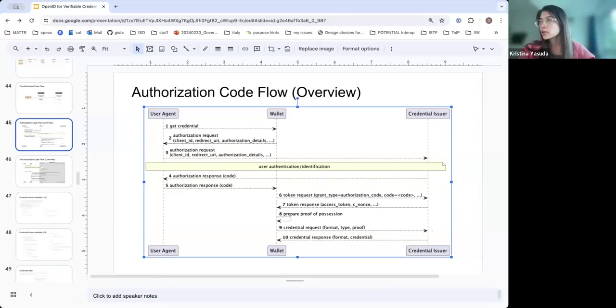May I take the next question, Oliver. I think Mike was asking, is the credential issuer metadata the preferred method to obtain, for example, the public keys of the issuer to validate the credential signature? So